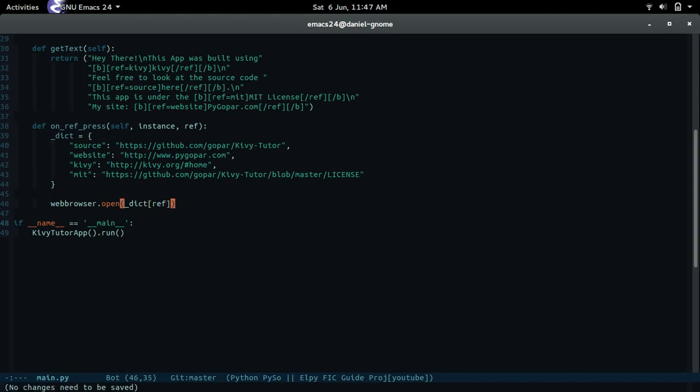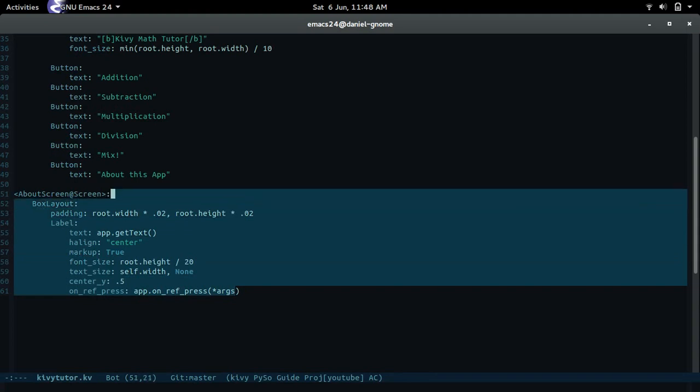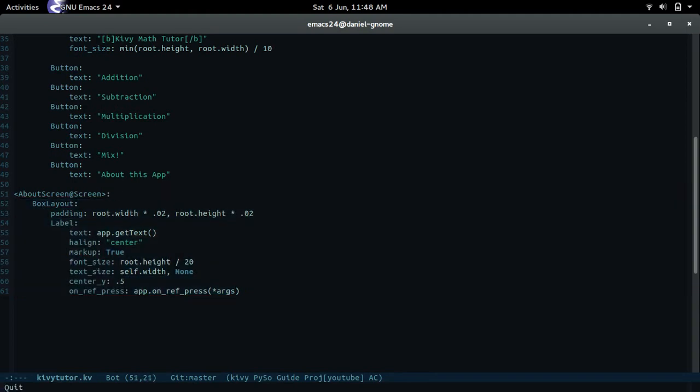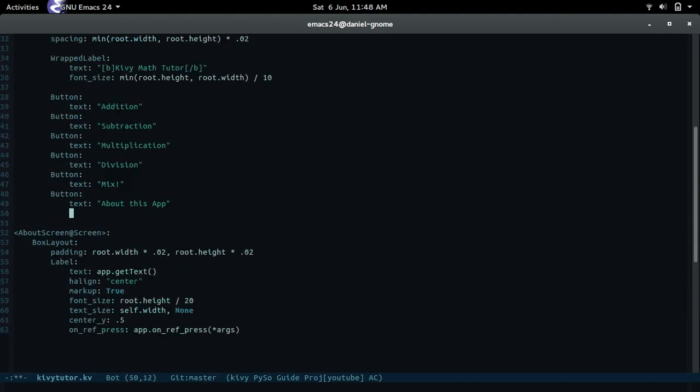That's how it's handled basically. Alright, cool. Now there you go. You have everything handled for the about screen. Now all that's left is actually showing it. So let's go over here to the start screen, and let's add something, the on release